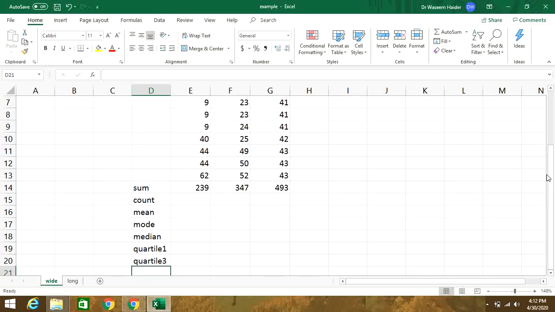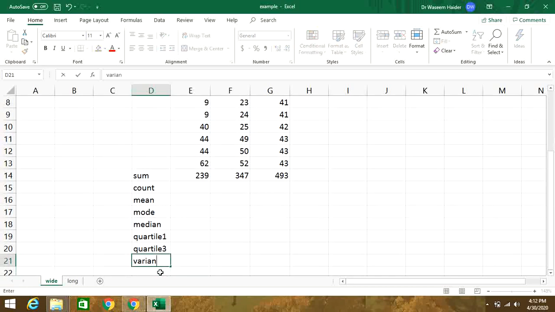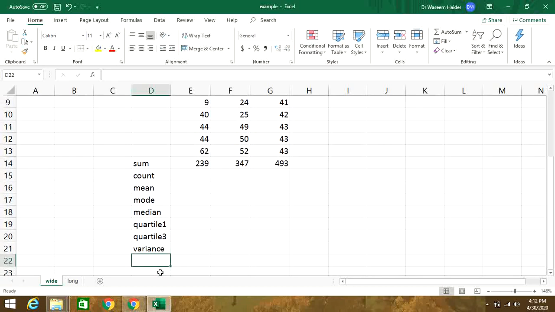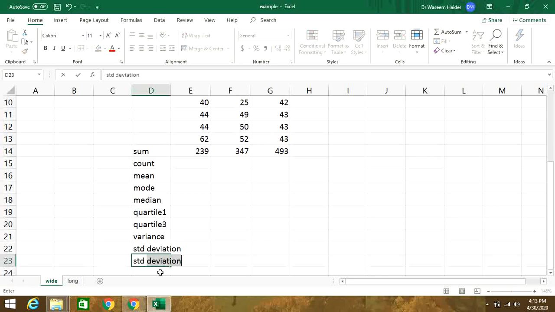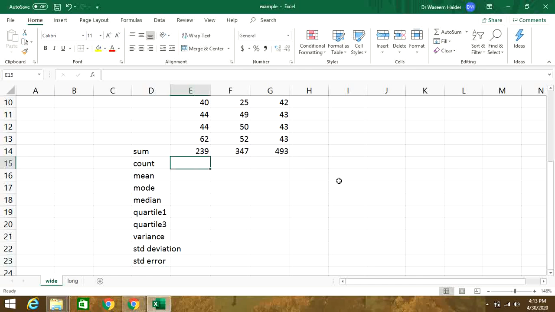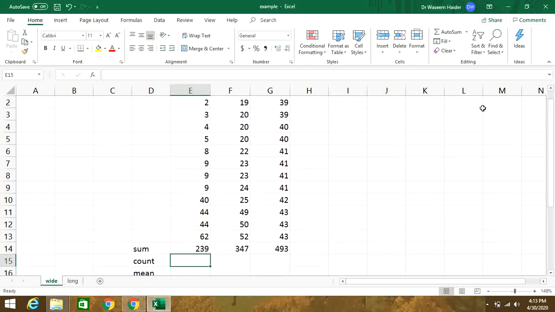We might be interested in the variance of these numbers, another parameter, or statistic if it's a sample, and we are also interested in standard deviation and sometimes standard errors. How many numbers are here? We can also check those